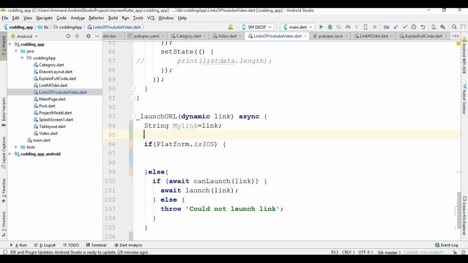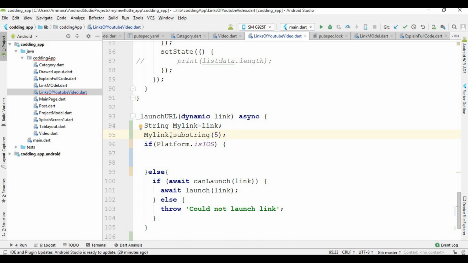So first of all, I am going to remove HTTPS. These are 5 letters. Okay, so I use this link. The link is stored in this myLink. Sorry, so write myLink here and then place dot substring. And now I pass 5 here because I want to remove the first 5 letters, HTTPS.